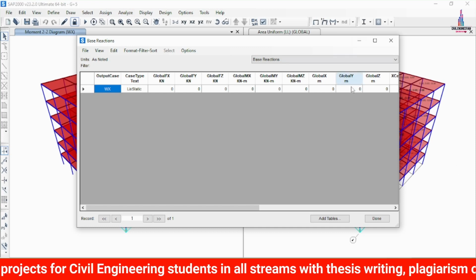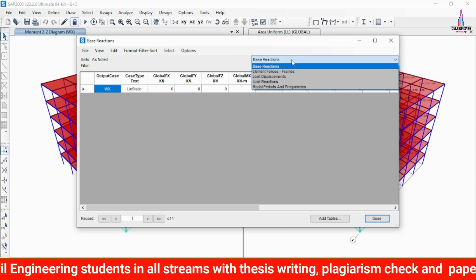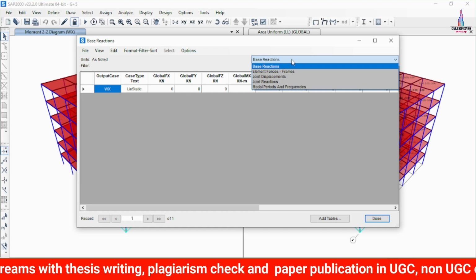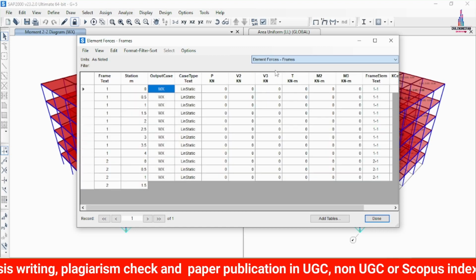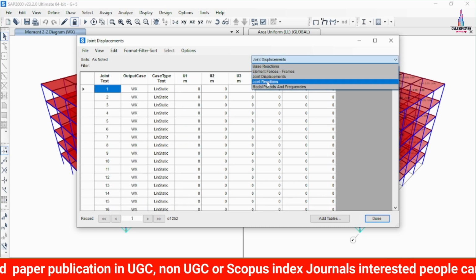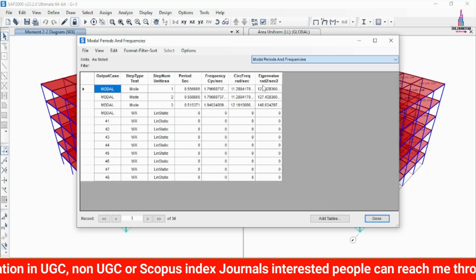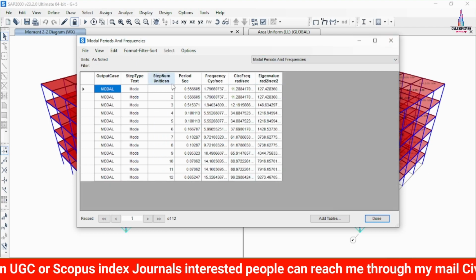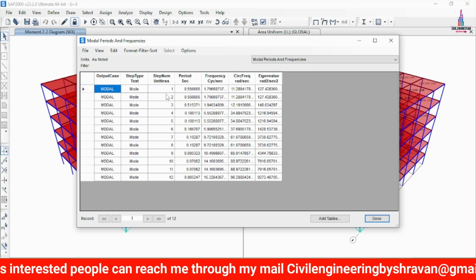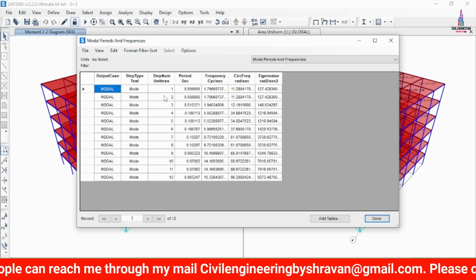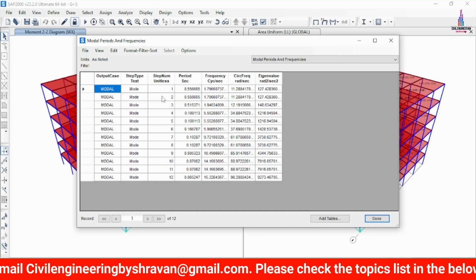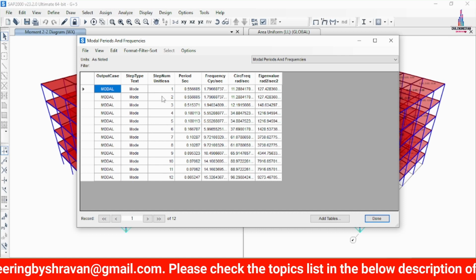Due to the small amount of loading intensity in terrain category 4, there are no results related to base reaction, and element forces are not obtained here, joint reactions are also not obtained, joint results are also not obtained, and time period and frequency values are obtained here. Why? Because terrain category 4 consists of closely spaced objects with a height greater than 9 meters. So that's why there is no effect of the wind loading condition on that particular building structural model.